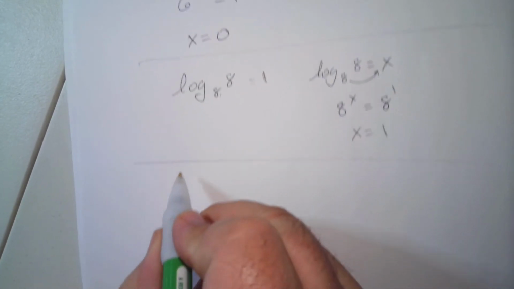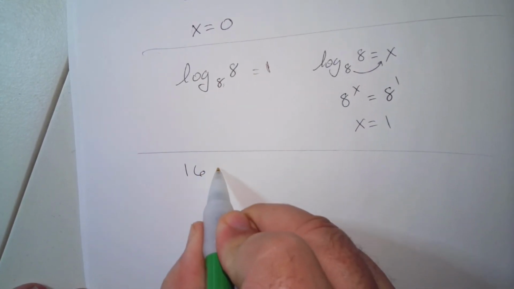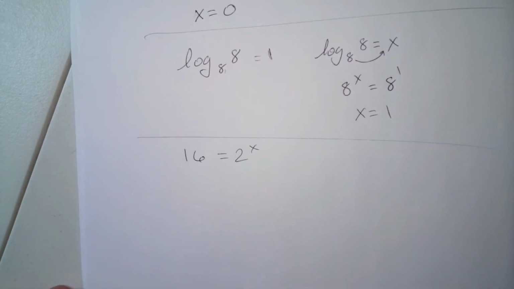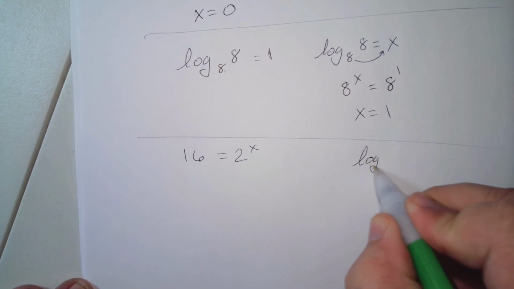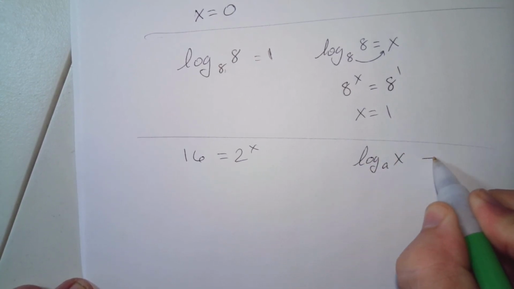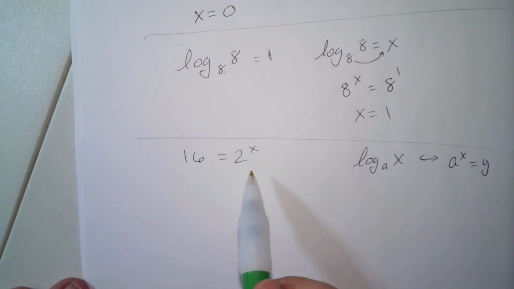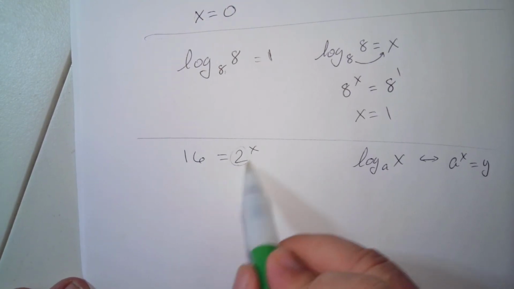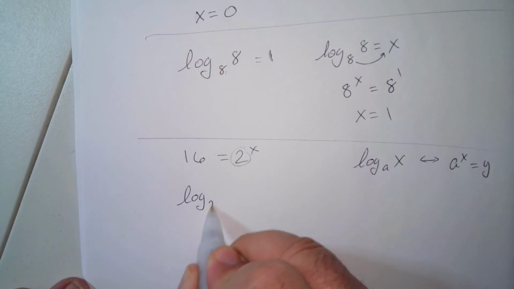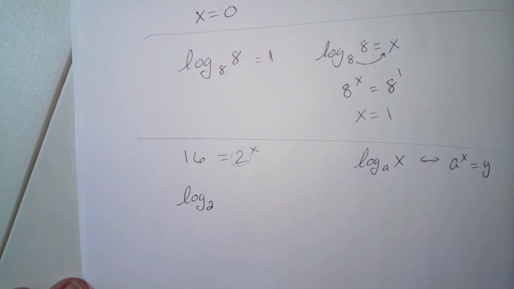Let's go the other way. So what if I gave you 16 equals 2 to the power x? Put that into exponential or logarithmic form. Remember, our conversion is log base a of x, a to the power x equals y. So there's your base. It has to remain the base. And whatever the exponent is,